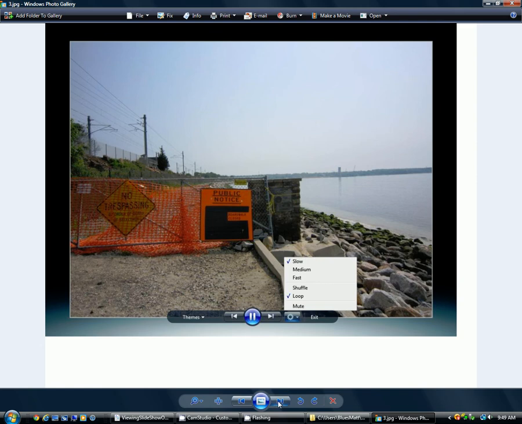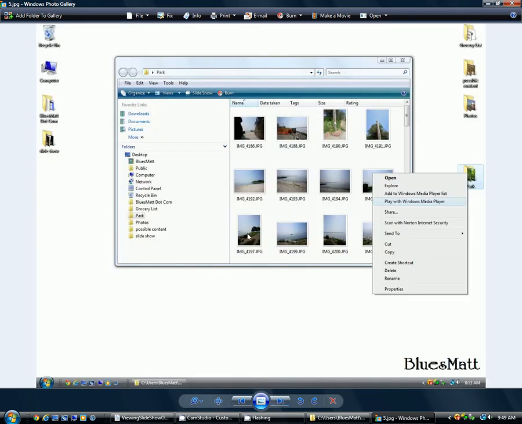Okay? There is another way you can play a slideshow of your images that are in your file folder. If you do what I do and stick all of the images you want to play in the slideshow in a separate folder, I just happen to conveniently stick it on my desktop just so you can see it, but it could be stored anywhere on your hard drive. If you right click this folder, you're going to get this menu that appears. And in this menu, there's an option that says Play with Windows Media Player. So if you click this selection,